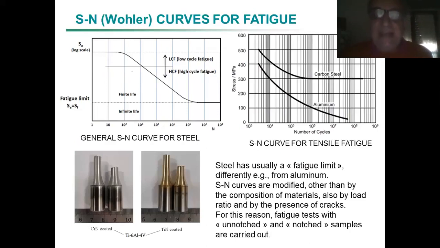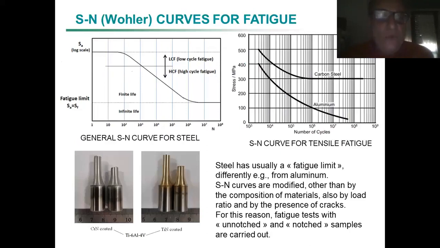This happens for steel. This doesn't happen for aluminum, for example. Aluminum doesn't have any clear fatigue limit. If it is too old, it might undergo fatigue fracture, even if the load is very, very low. Even if the load is close to zero, it might undergo fatigue failure. In practical terms, this says to you one thing, that other materials,